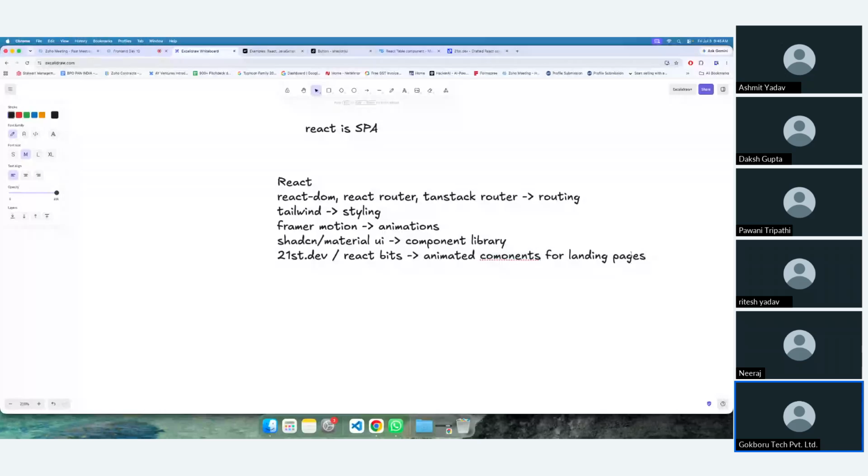Now when you come to the dashboard, then you need multiple things like authentication, and you need database migration, everything. So when you come to the dashboard,